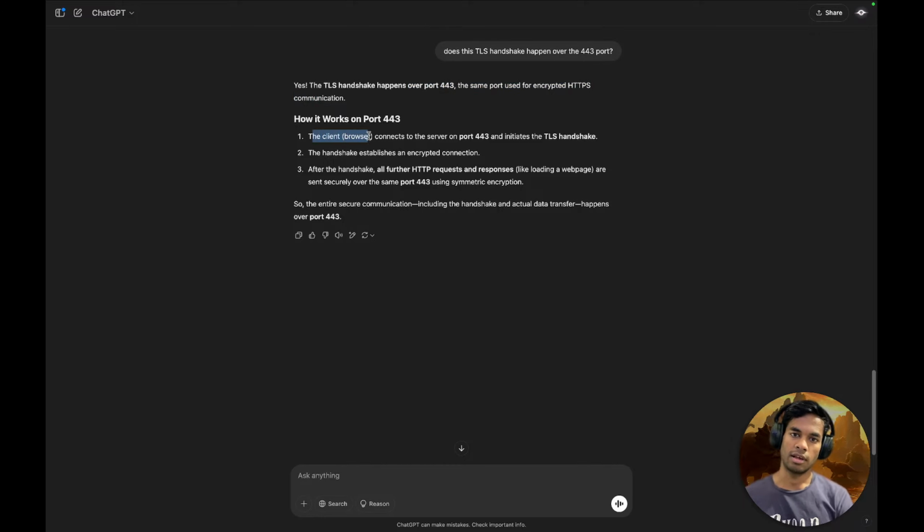How it works: the client browser contacts the server on port 443 and initiates the TLS handshake. The handshake establishes an encrypted connection. After the handshake, all the HTTP requests and responses happen on the same 443 port. Alright, so the server listens on port 443